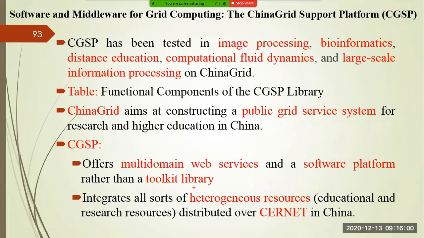It is providing a platform like BOINC is also providing a platform. Similarly, CGSP is also providing a platform to perform the work. So what kind of work can you do? With CGSP, you can do image processing applications. If you are going for satellite image processing, you are capturing the image from the satellite and you want to do some analysis based upon that particular image.